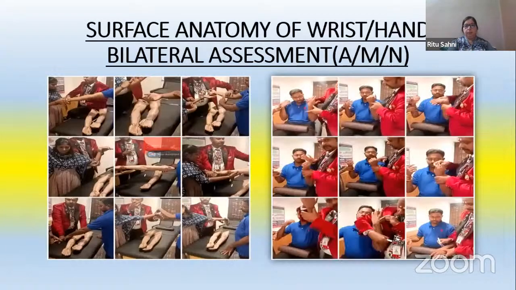And then there is a different view of AMPT, how we treat the patient if they are having a wrist and hand dysfunction, or maybe forearm pain. So, the extrinsic versus the intrinsic muscle. That is also an important part here as a part of our surface anatomy, with the unilateral versus the bilateral